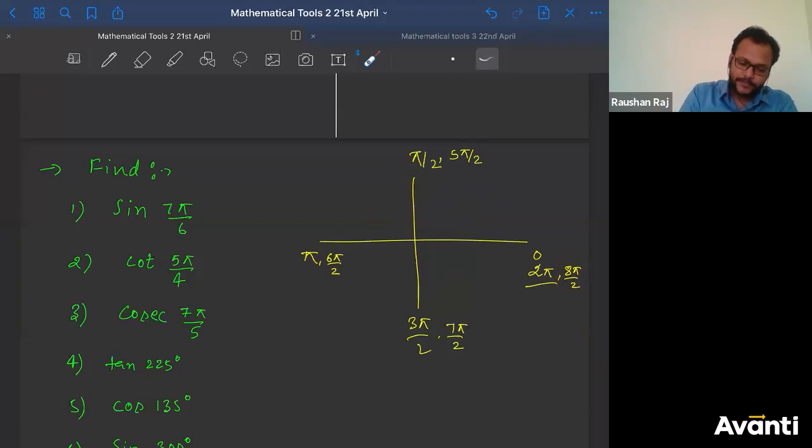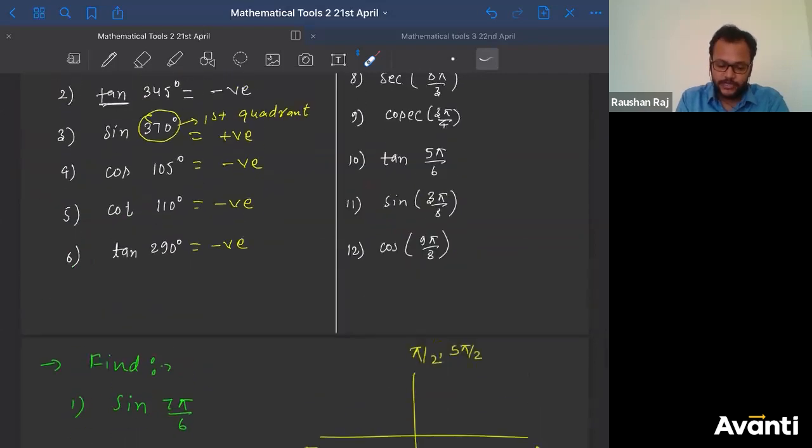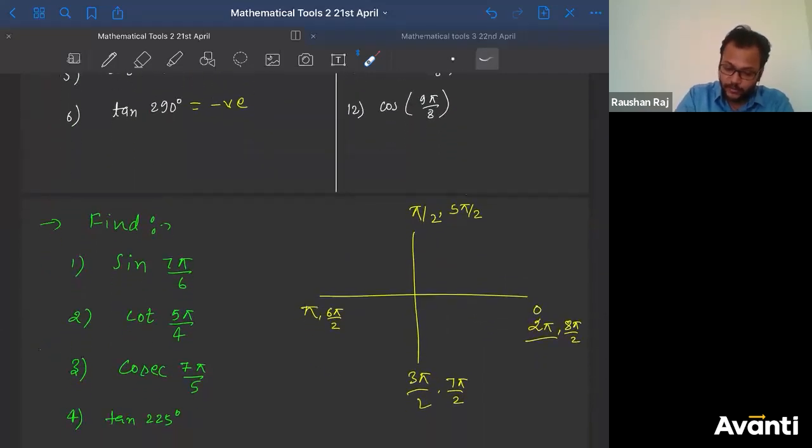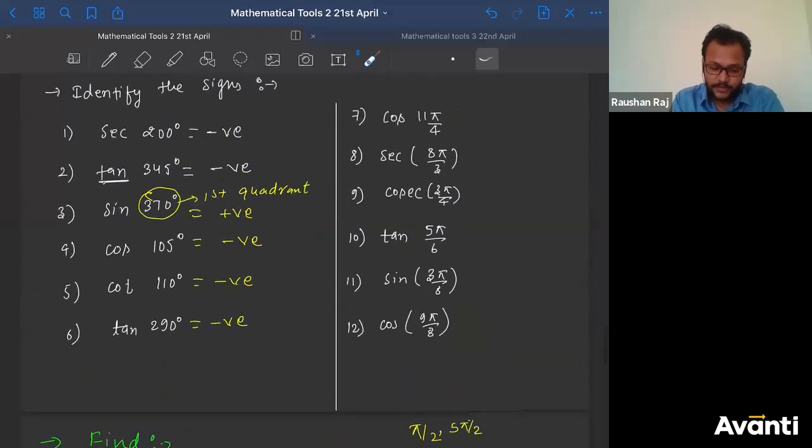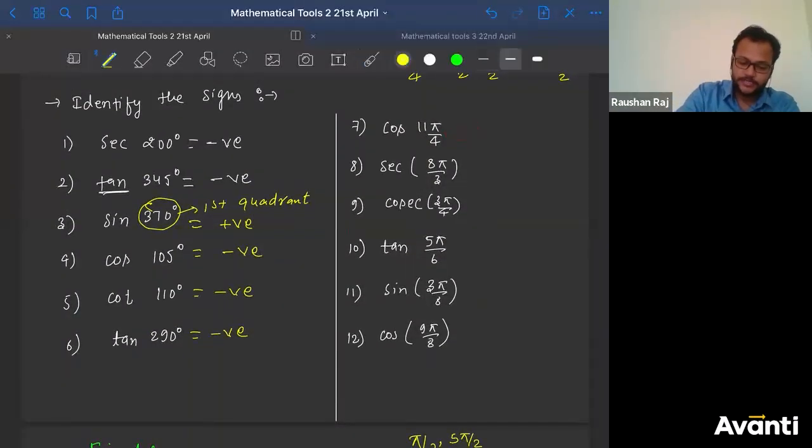Okay. Now, in which quadrant this 5.5 pi by 2 is lying? So 5 pi by 2 and 6 pi by 2. So 5.5 pi by 2 is what? Less than 6 pi by 2 and greater than 5 pi by 2. That means lies in second quadrant. Okay. So in second quadrant, what are the trigonometric ratios that are positive? Sine and cosec. They are what? Positive. Rest others are negative. We are talking about cos here. So cos will be negative. Did you understand, children?